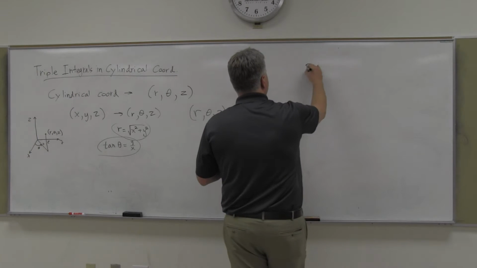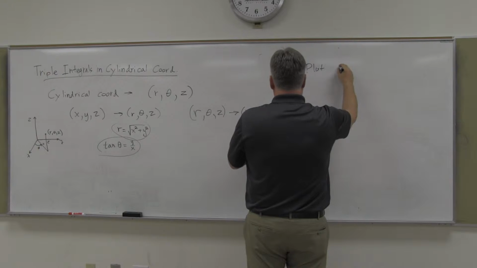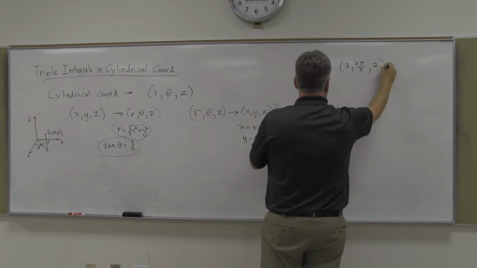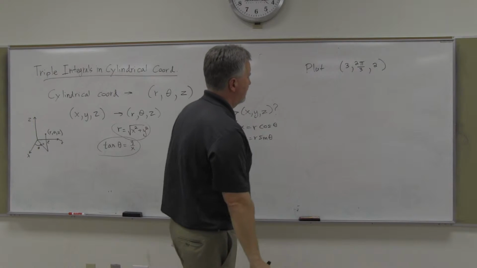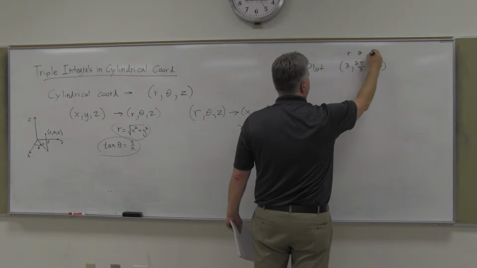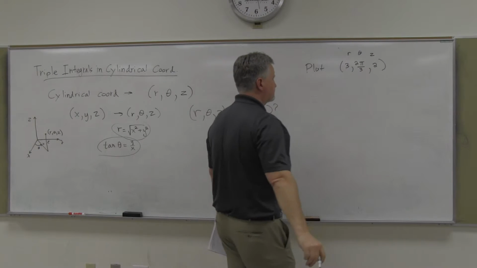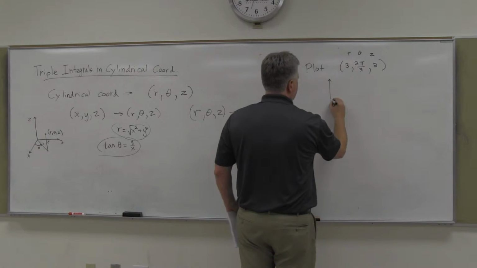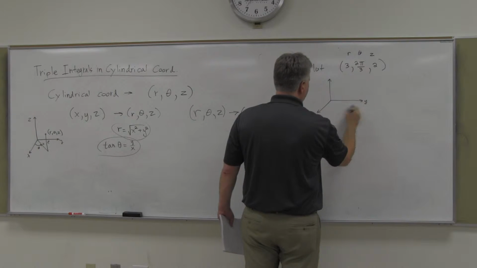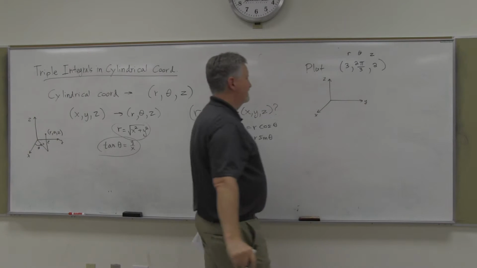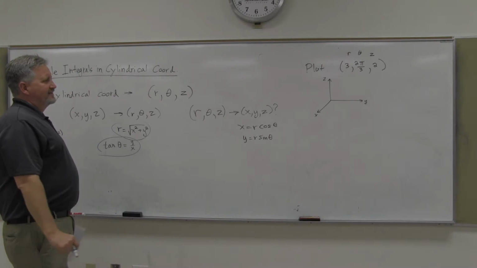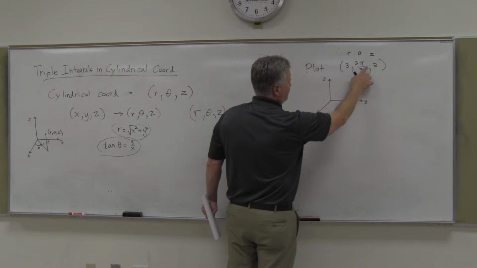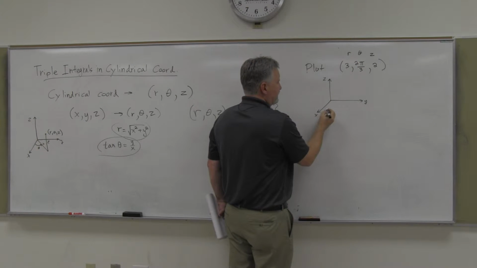So let's plot 3, 2 pi over 3, 2. R, theta, z. Well, you know, you got it. Visualization type thing. So, yeah, your angle is 2 pi over 3, so that actually, I mean, if you think